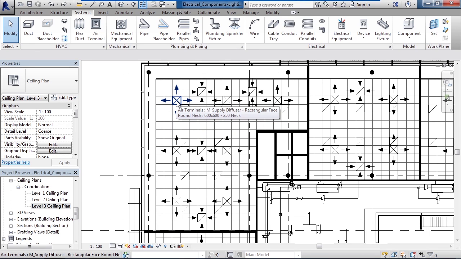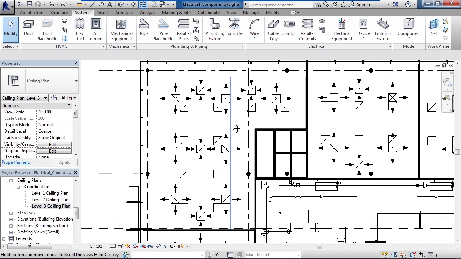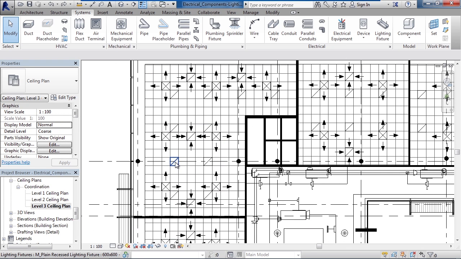As I mouse over symbols, I see I have air terminals, diffusers, with the arrows indicating whether it's a supply or a return terminal. And you also have lights or lighting fixtures. Those are indicated with no actual symbols or arrows. Mouse over one of those, for example. So let's say we wanted to place additional lighting fixtures, just like this one here, this recessed lighting fixture, into